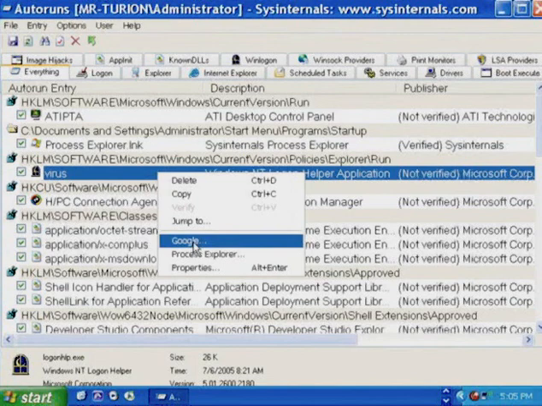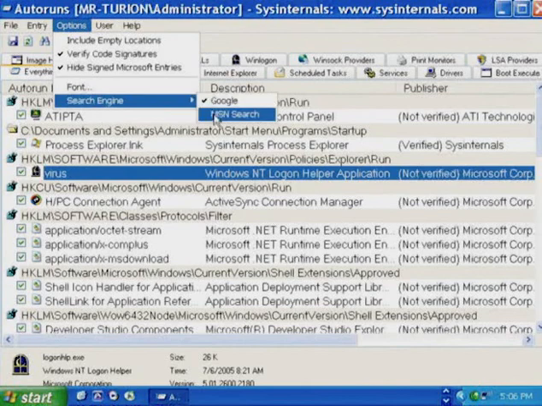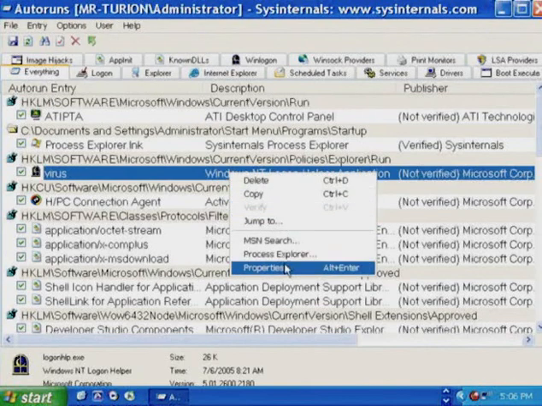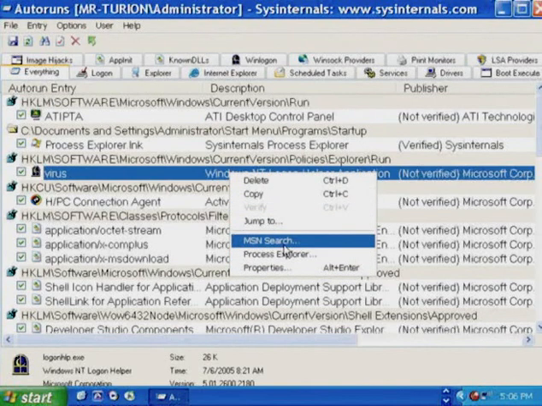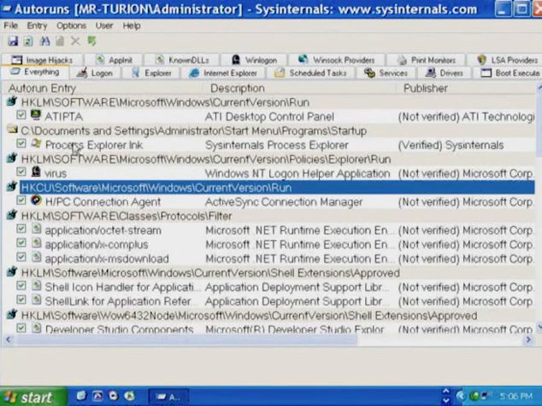By default, the search engine is Google, and what Dave and I do before we go to Microsoft is, to be politically correct, we go to the options menu and change the search engine to MSN Search, so that when we show up on campus to do a demonstration here, they don't start throwing stones at us.